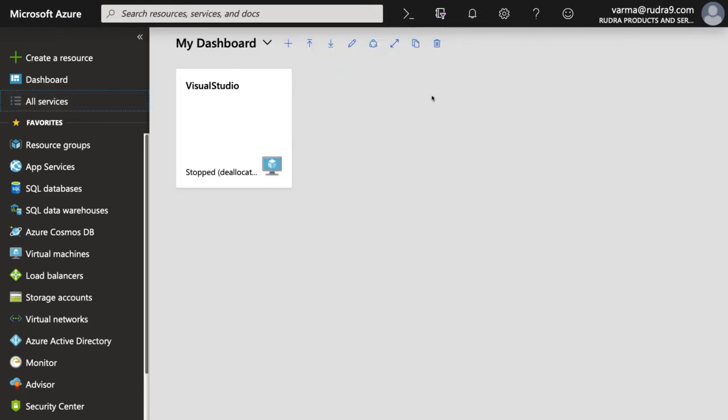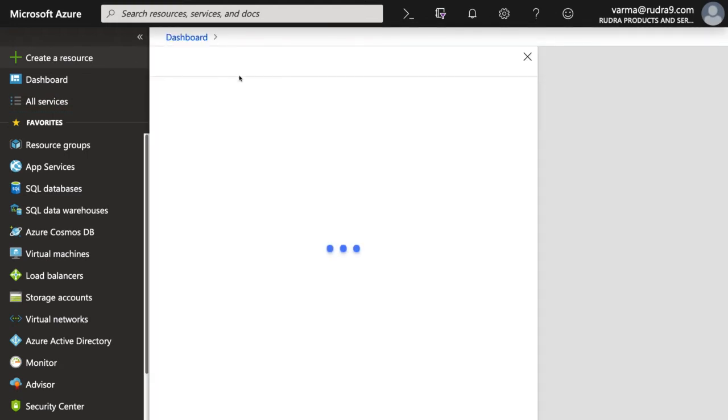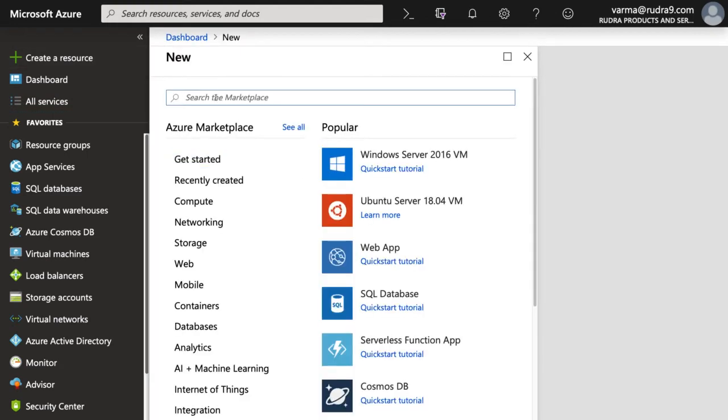And there is one more way to create, which is to click on create a resource here and type the resource name. Basically, you are searching for a service in the marketplace. However, one thing you need to keep in mind is this marketplace not only includes the services provided by Azure, but also includes services provided by third-party providers on the platform of Azure. So for example, Barracuda Firewall.